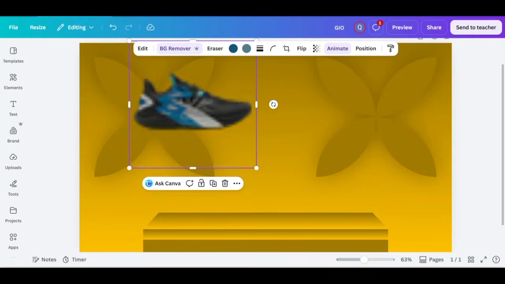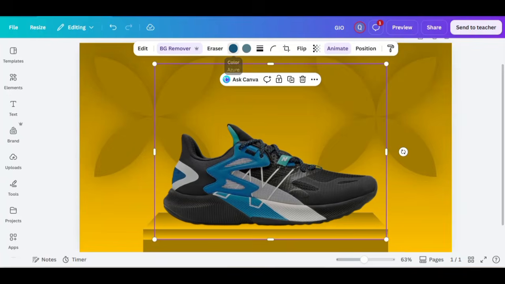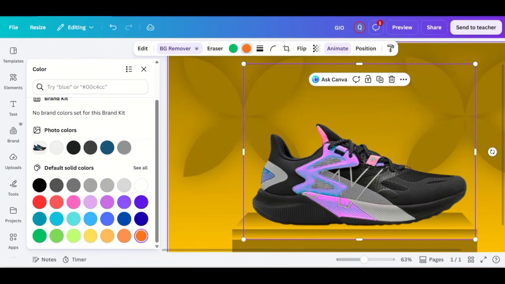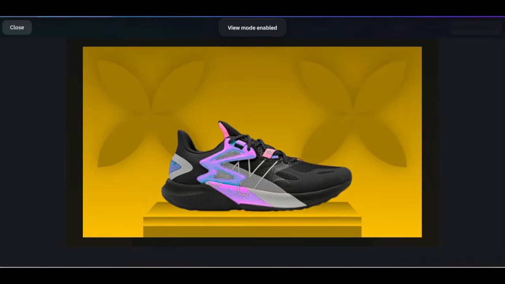Upload your product image and place it above the patterned background in the most noticeable position. Add a bold advertising headline, a short product description,